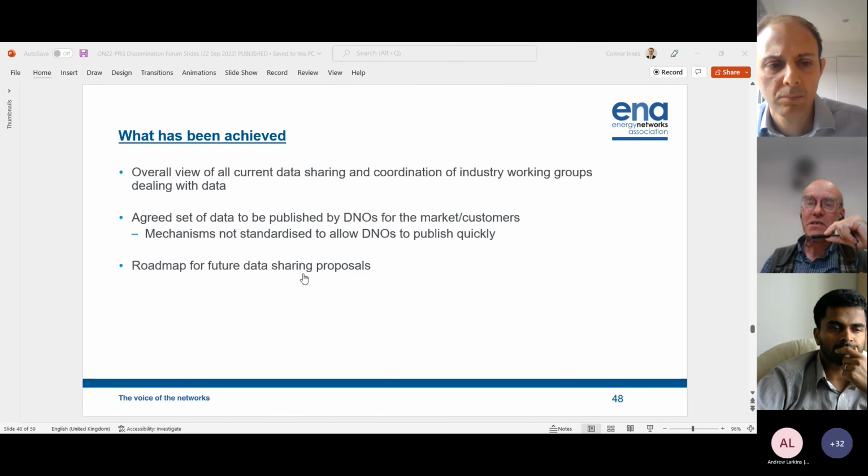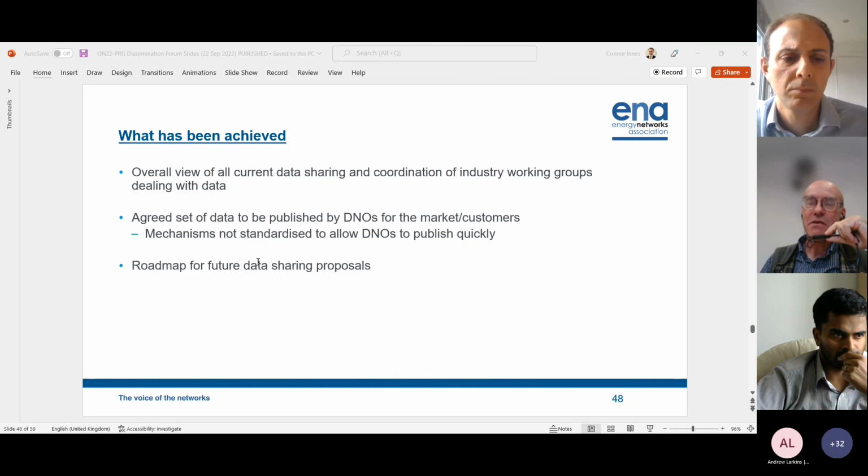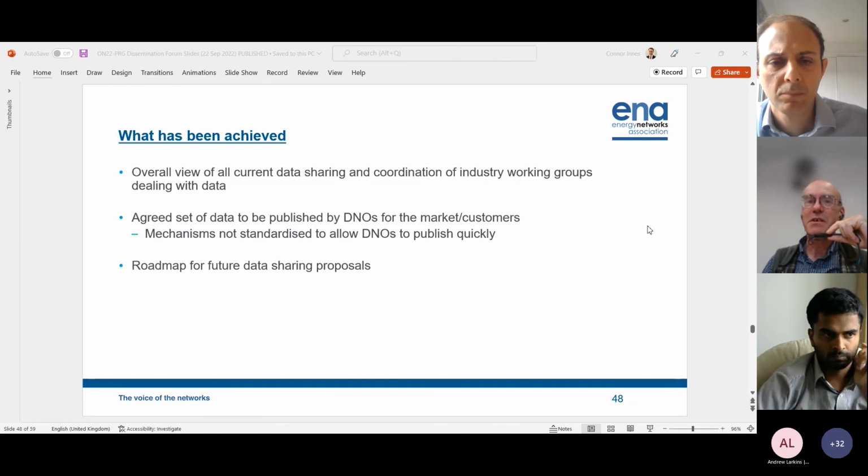So what we're looking at is 4 sets of data which we can make available in an expedited form. The biggest one, and it's the one we're all working on, is what we call telemetry data, operational metering data. This is the information that we've always collected off the network. It's gone into our SCADA systems. We've used it to some extent in controlling the network, but it has probably got much greater use elsewhere as well. So I think if we can go to the next slide,